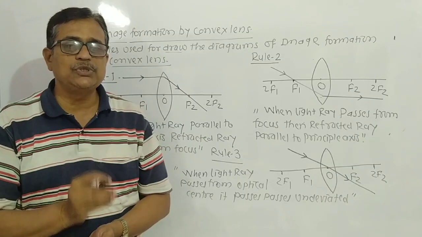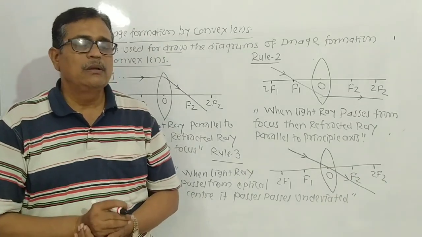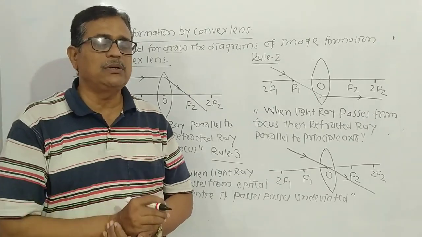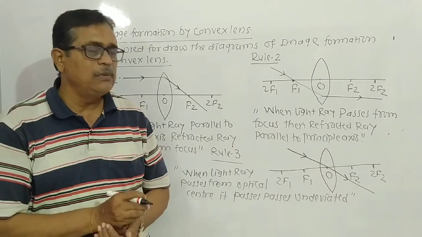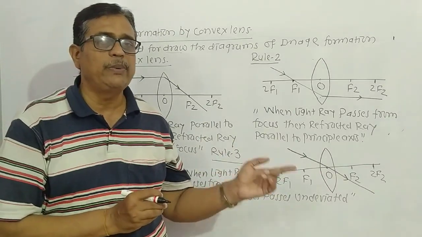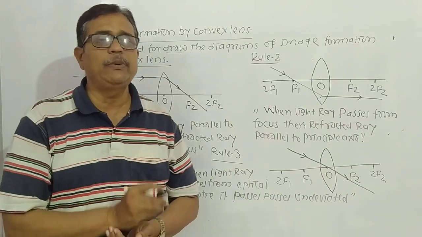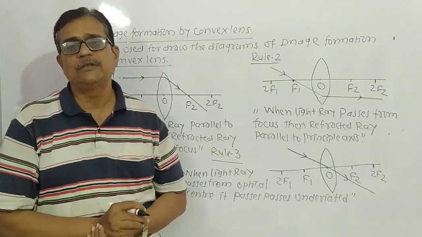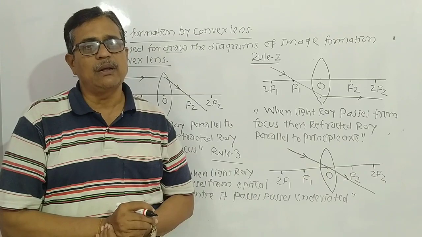You are given a position of object only, and you can draw the ray diagram by using the convex lens, and by drawing the diagram, you can denote the position of image there. Then you can explain the nature of image there, and then you can explain the size of image from that diagram. Then you should get the 100% mark.